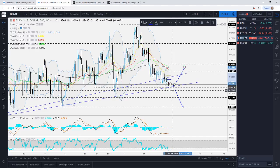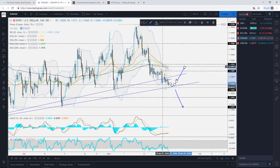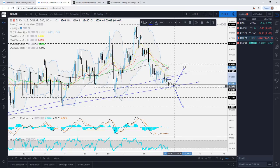For now, we're going to remain neutral and see, because what we could see happening here is, of course, if this pair in the future wants to travel further up, we could see maybe a drop lower, actually maybe even a break below this upside support line. But then if